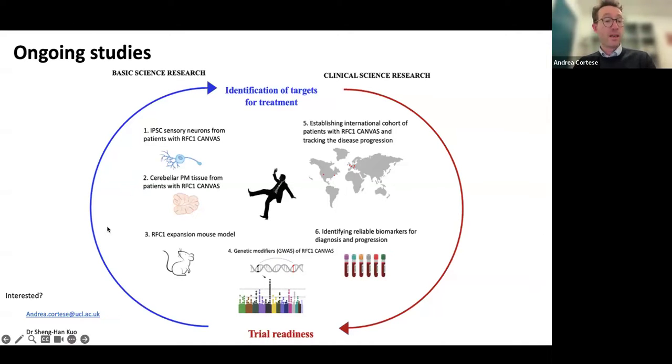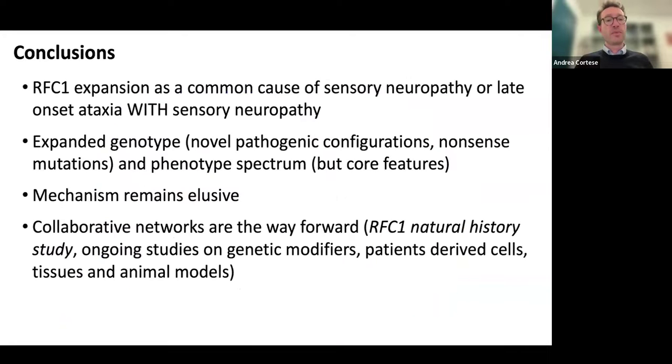And then various models. Here is a mouse model, but we're working with flies, worms, and trying different things. So this is an ambitious plan. There are different groups involved. We work closely with Columbia University in this, and we hope that this will deliver soon. So in conclusion,